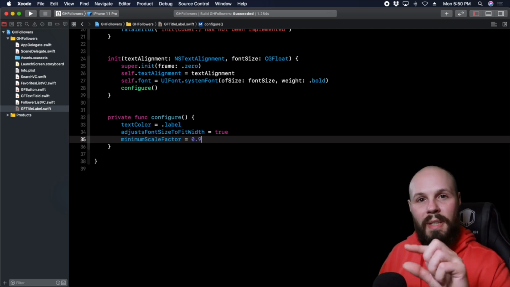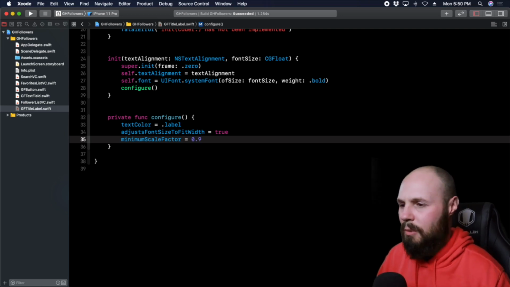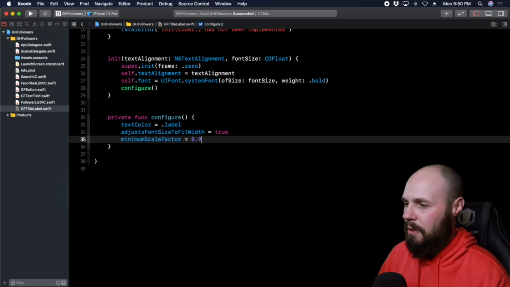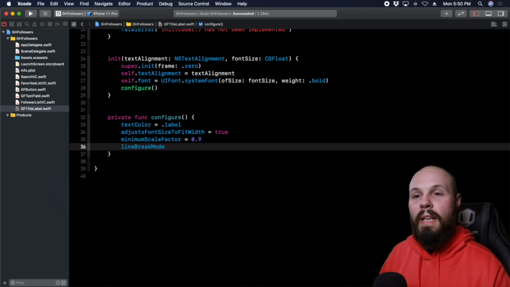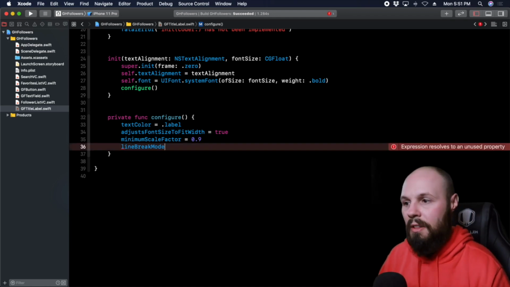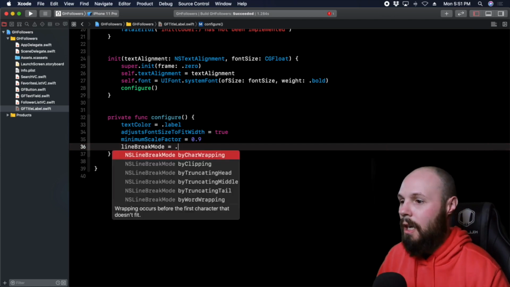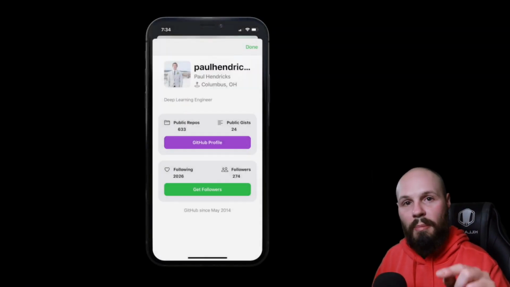What I just found is on the big title labels, if you let it go down to like 60 or 70%, then it looks like really, really small and doesn't even look like a title anymore. But again, you can mess with this. And then let's talk about the line break mode. So this is how, if it does become too big, how does it break the line? And we're going to do by truncating tail. So what this means is if the username is too long, it's just going to break it off by like